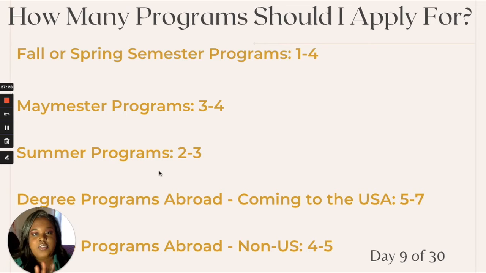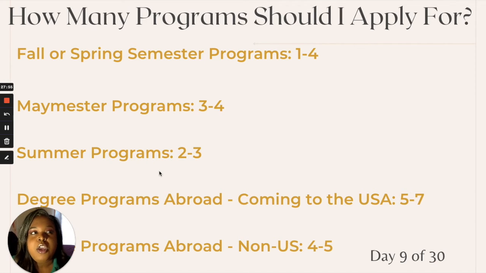But I know that a lot of you out there are more busy and have more of a life than I did. So if you're applying for a degree program that is abroad, particularly coming to the U.S., you will want to consider probably 5 to 7. And again, that's based on the fact that we have so many different colleges and universities here in so many different places. And you will never get to see all of the U.S. probably,